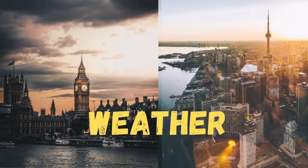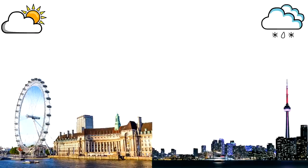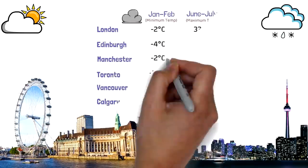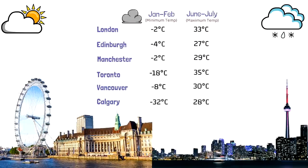Whenever Canada is in discussion, then talking about the weather becomes very important. So here I've listed out the maximum and the minimum temperatures of 3 cities of UK and 3 cities of Canada. The minimum temperatures are in the months of January and February, and the maximum temperatures are in the month of June and July. So we can clearly see that the weather of Canadian cities are much more colder in the months of January and February, while these cities get slightly warmer than the UK cities in the months of June and July. So we can certainly say that the Canadian weather is much more harsh, especially in the months of